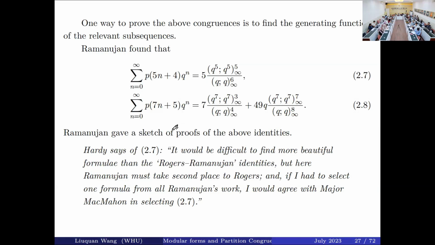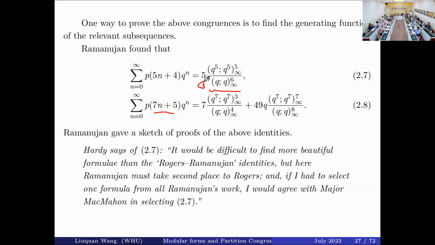There are now many different approaches to prove these three congruences, and one way is to find the generating function for the relevant subsequences. Along this direction, Ramanujan found that the generating function for p(5n+4) equals 5 times another infinite product, and the generating function for p(7n+5) is a linear combination of two different infinite products. Since all these series have integer coefficients when you make a power series expansion, and you have a 5 here,